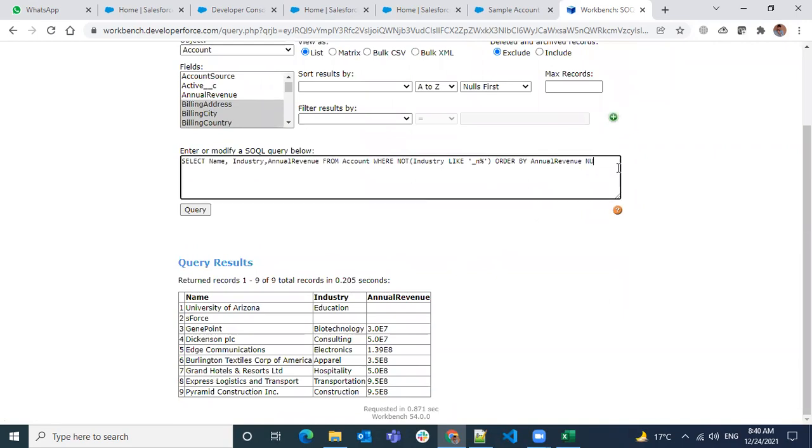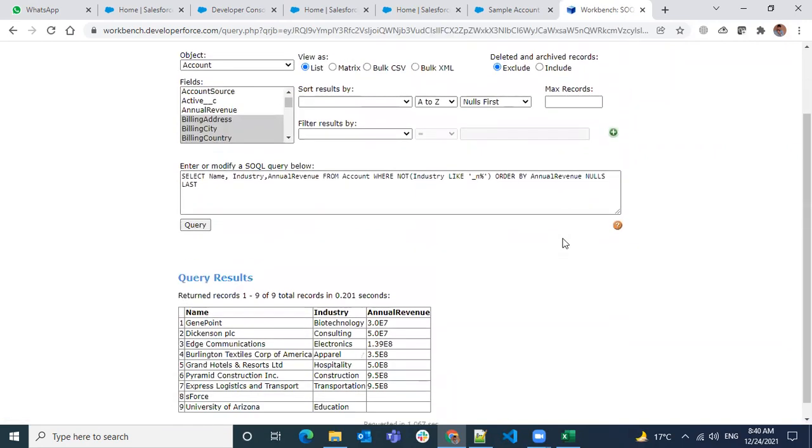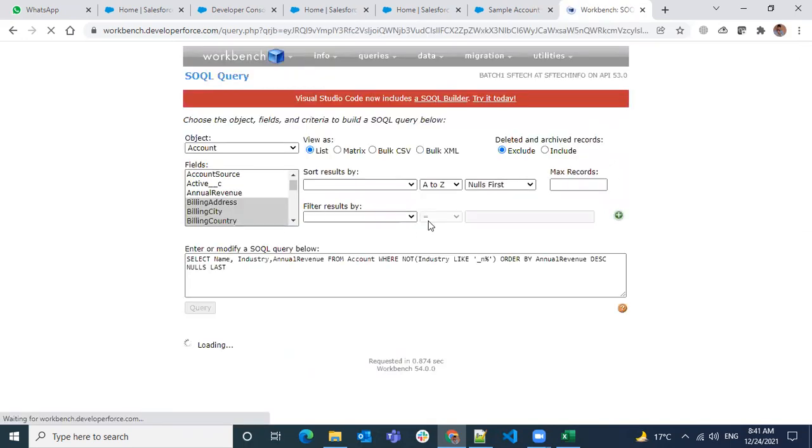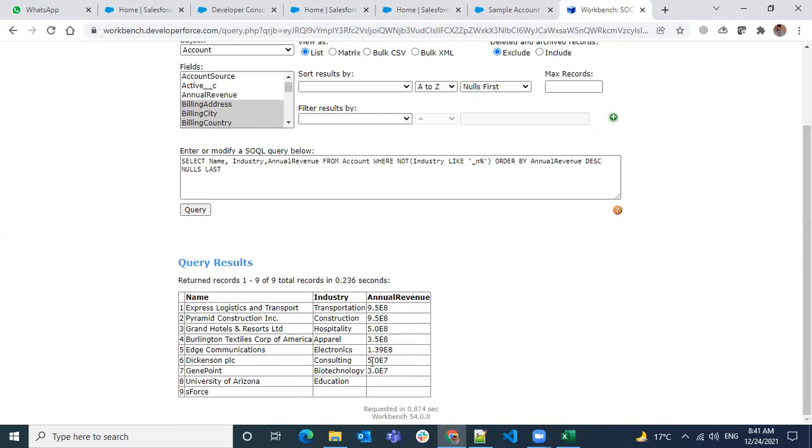I want to see nulls at the last. I think I have to use the keyword ascending or descending. Let's see. So I see the null values are coming at the end. Here I am not sure which order it's being executed. So I will mention it as by default is ascending, right? Even if you mention or not mention, it will do it in ascending order. Even if I do descending also, I'm keeping nulls last. Even if you see the descending order also, the null values are at the last.